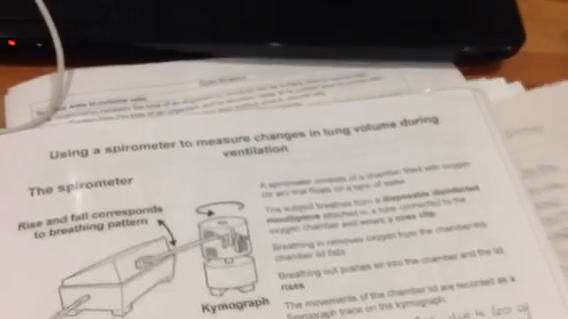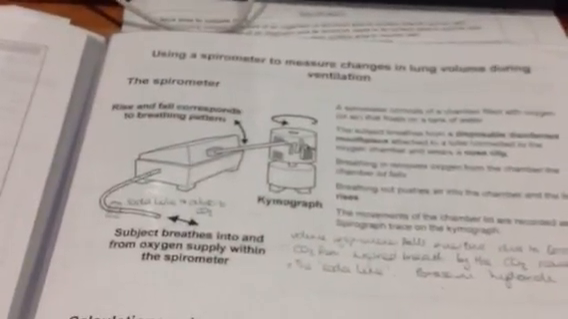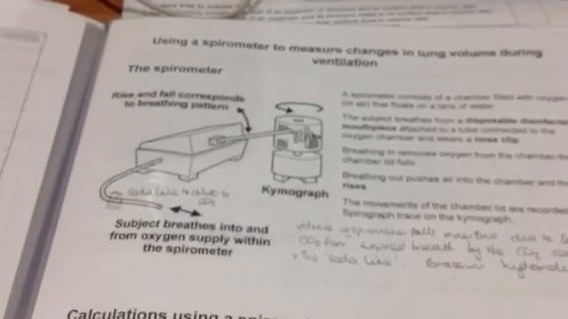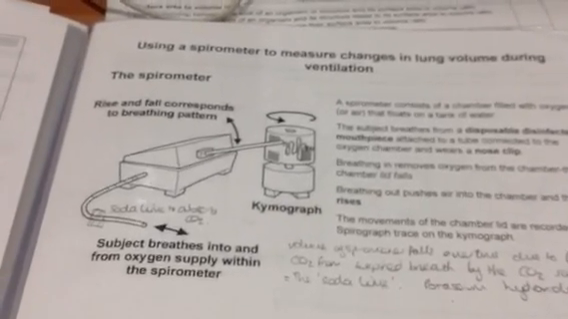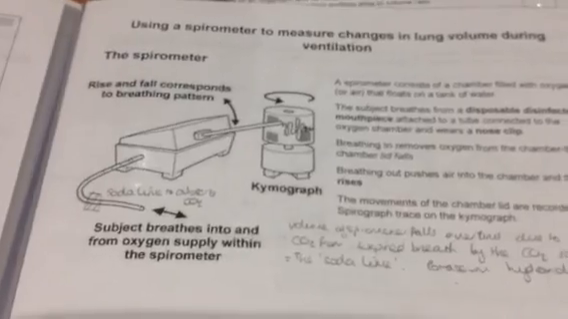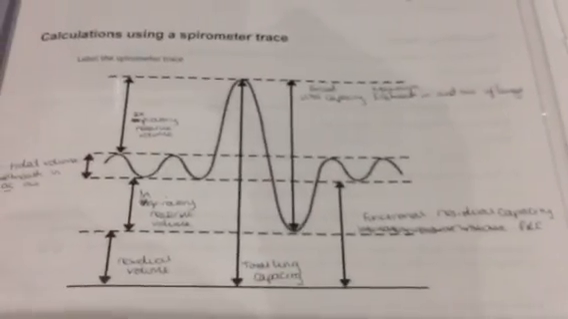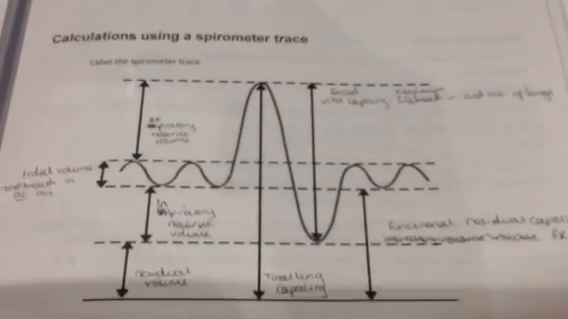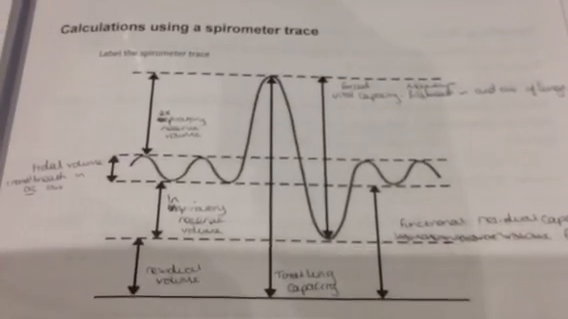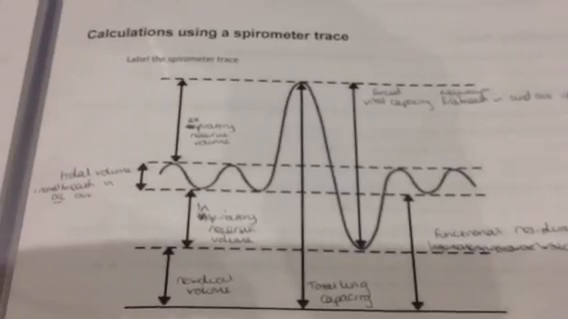page 17 onwards, and you've got this picture here, which is a picture of a spirometer and a kymograph. A kymograph is just the device used to record the trace. We're going to look at the different parts of the trace and how you can analyse the measurements given to work